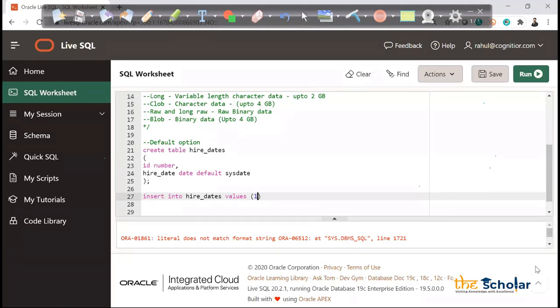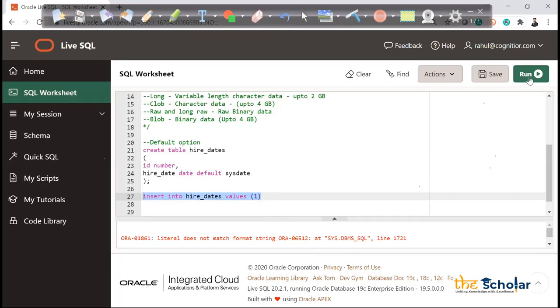So sysdate is nothing but today's date, which I want to add. So for that, what I will do is insert into hire dates values this, and I don't know how to insert the date. So in that case, I have to run this directly, because I know that if I'm not putting anything, then it will take the sysdate.